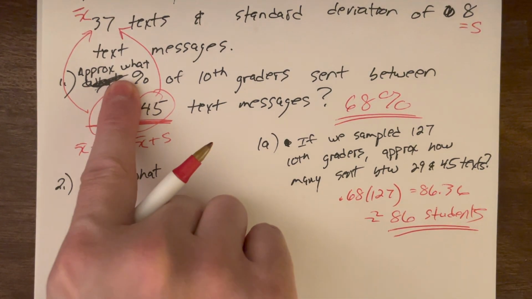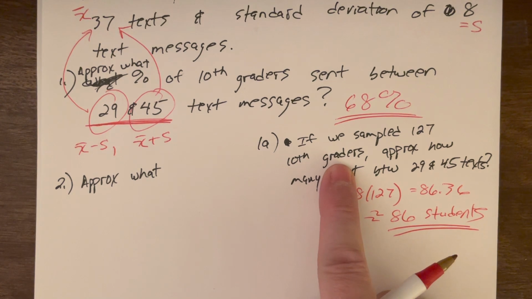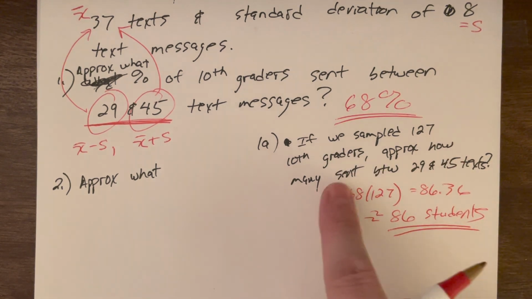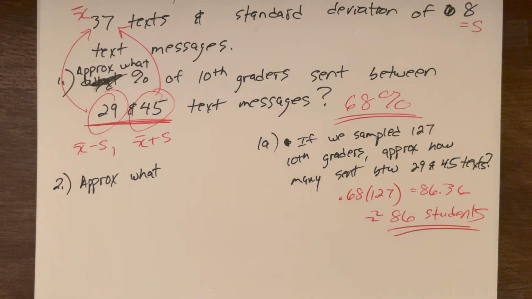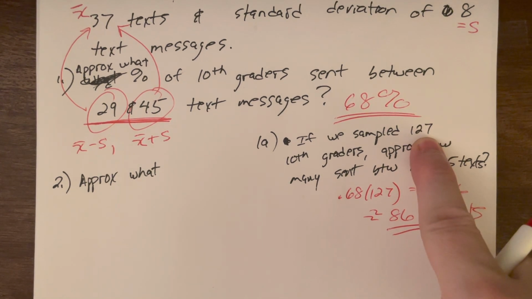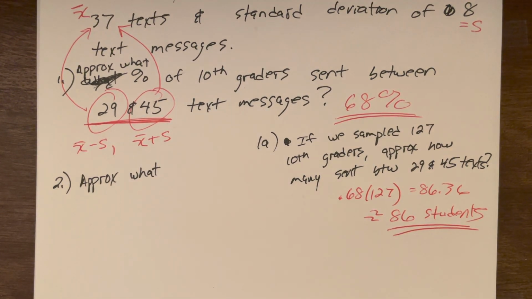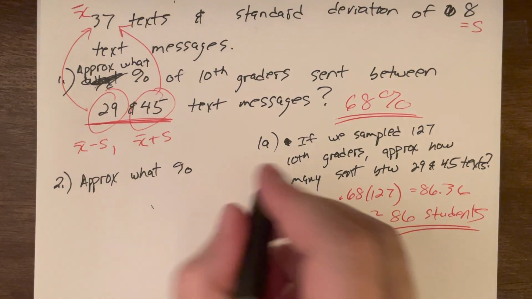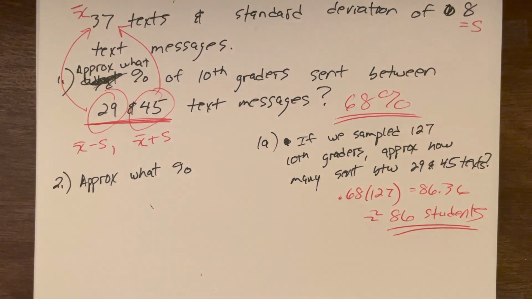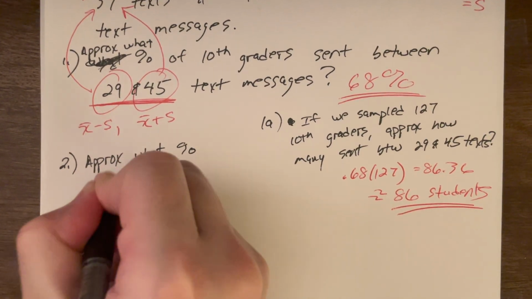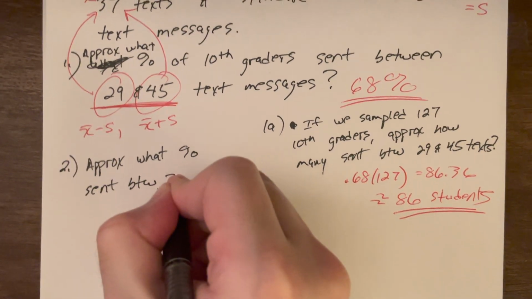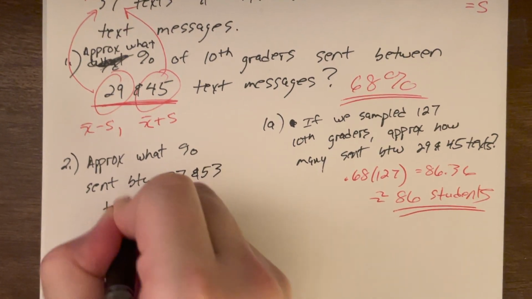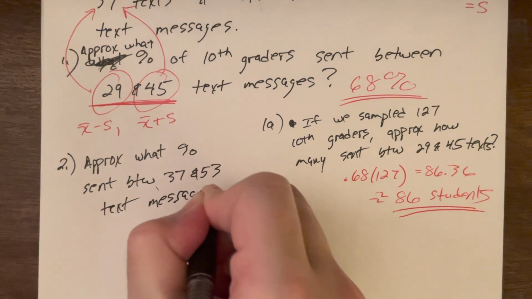So I'm going to keep focusing on the percent questions. But again, any in the book or any potential on a test, if I expand it and then ask how many of these students, how many of these objects, get the percentage first, then use the total to do this little computation. But now, continuing, approximately what percentage of the 10th graders, I'm just going to shorten the question just a little bit so I could fit it, approximately what percentage sent between 37 and 53 text messages?